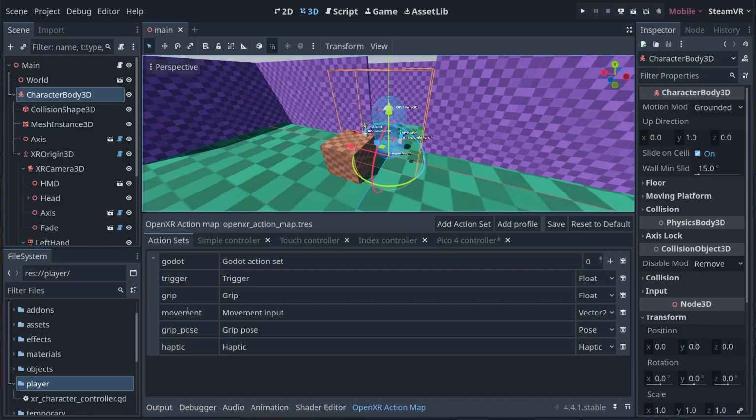Godot provides an action map by default, however, I've set up a custom action map with just the actions we require for our project. The actions form a contract between our game and OpenXR as to what inputs and outputs we require, regardless of the actual hardware the user is using and what buttons they are pressing.